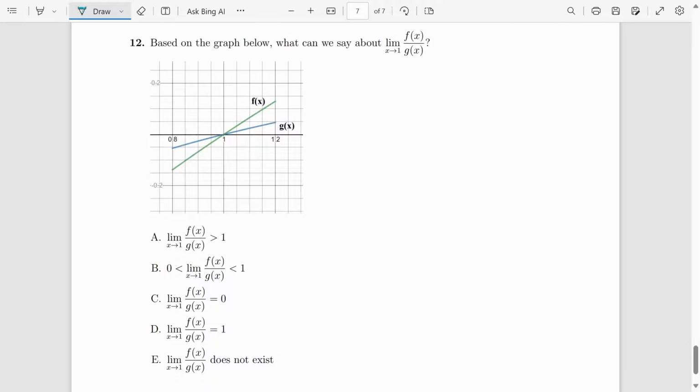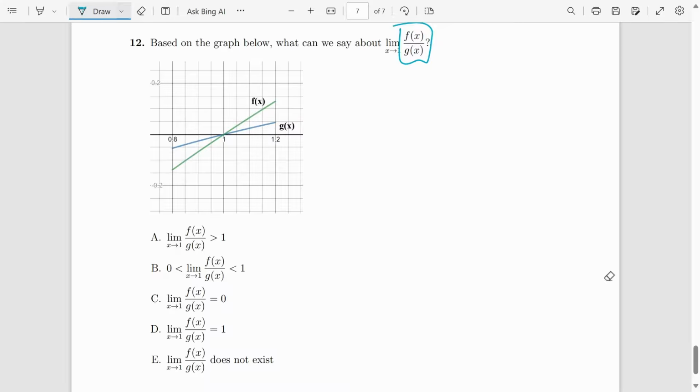I guess you could solve this problem by figuring out the equations for f of x and g of x. That doesn't sound particularly difficult because they give you some units to work off of. And you could divide f of x by g of x and figure out your limit. But what I am going to use for this one, I literally just found off the internet. If you have one line divided by another line, and these are lines because they are straight,